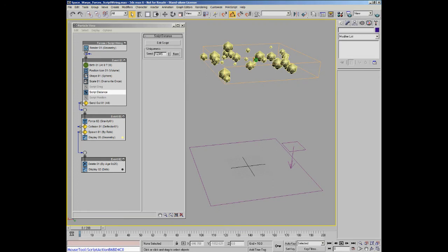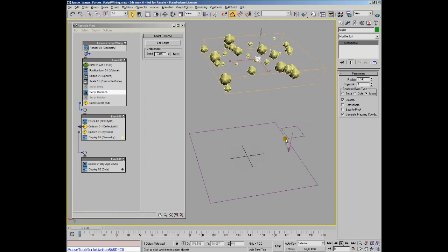Now, in this case, target position is actually the sphere that I've got here. So we're working out the position of this target object, the sphere, and the particle, and we measure the distance between the two, we take it away from a certain number, and that's used to define our float value. So now if I press play, you'll see that particles,